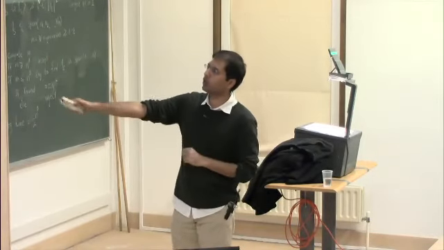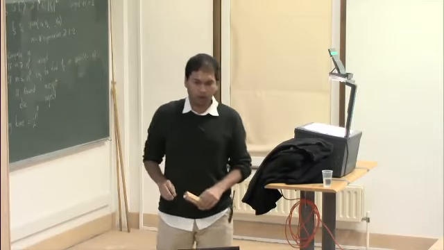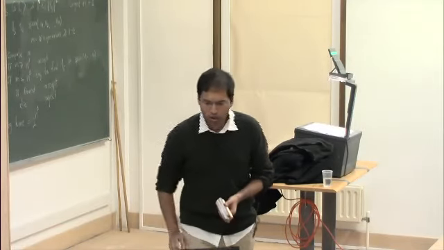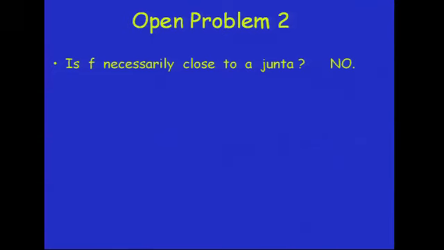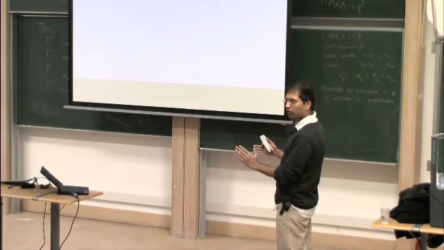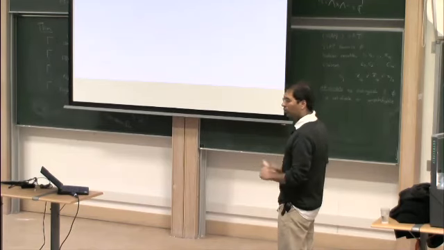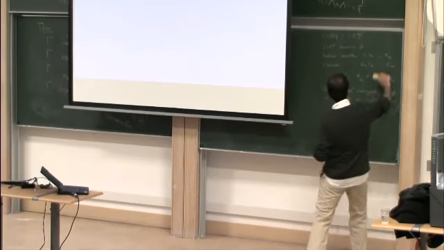So what's the conclusion that you get? That the function has a variable with large influence. Now I am interested in a stronger conclusion. For instance, I would be very happy if I could conclude that the function is very close to a junta, meaning a function that depends on only a bounded number of coordinates. A junta is a function that depends only on some large constant number of coordinates. So the answer to this is no,